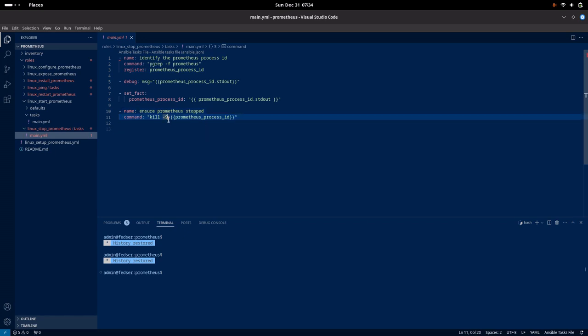So here I am using an abrupt kill, but you can use a graceful stop of the Prometheus instance using the SIGTERM. So this is all about the stop instance, and the restart one,